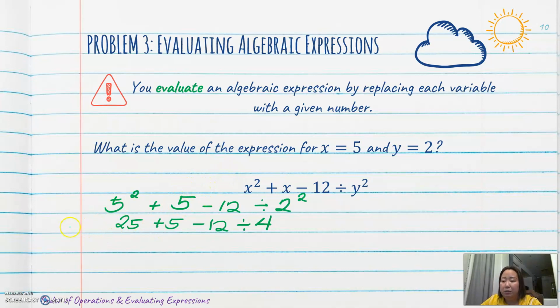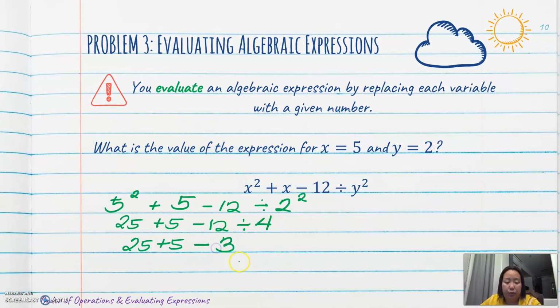Inspecting from left to right, the operation we see is the division. So that will be 25 plus 5 minus the quotient of 12 and 4,